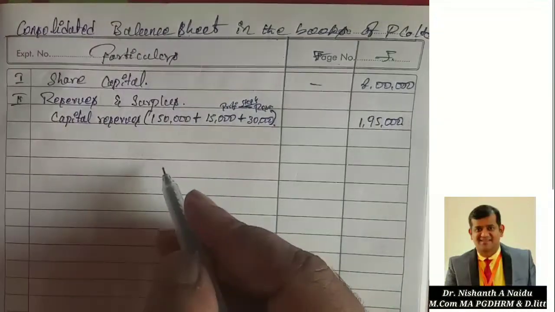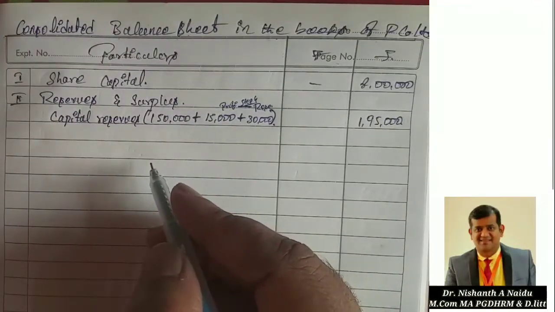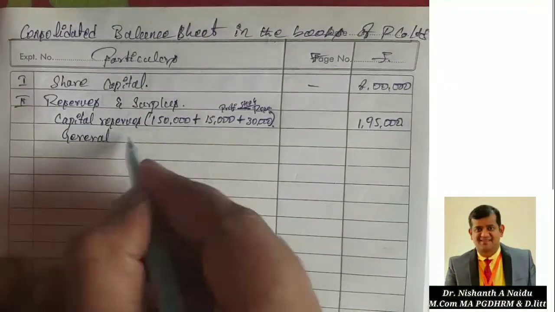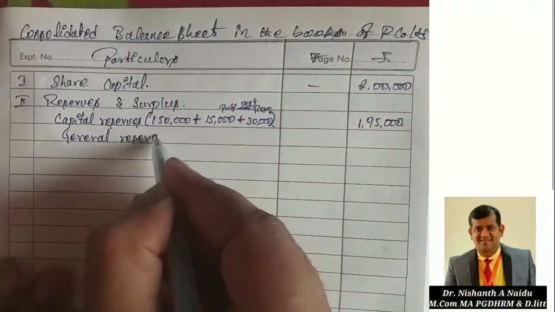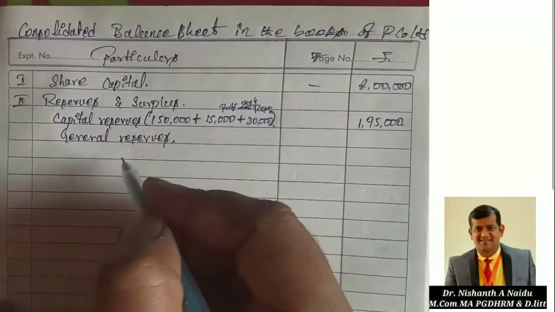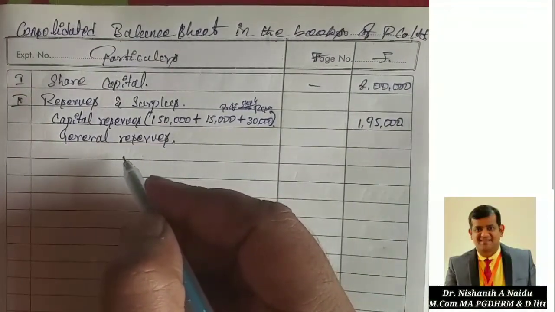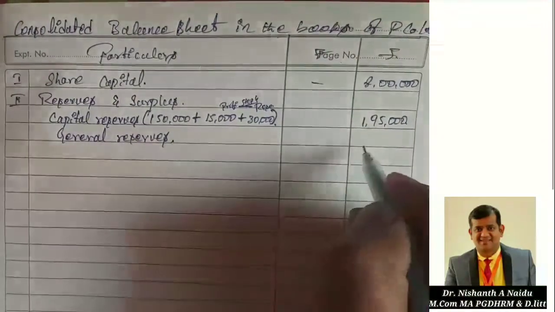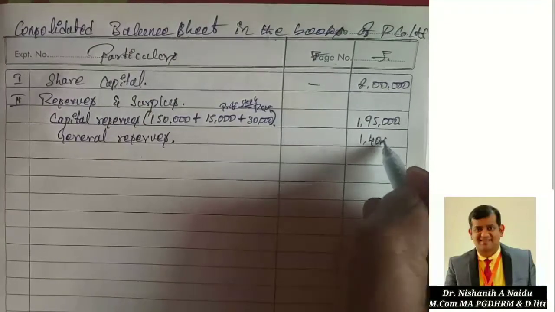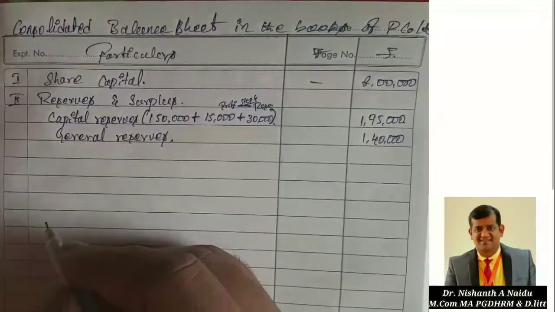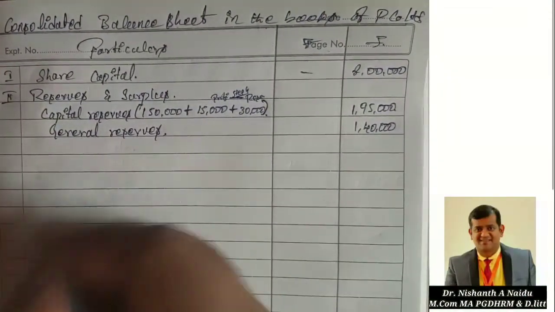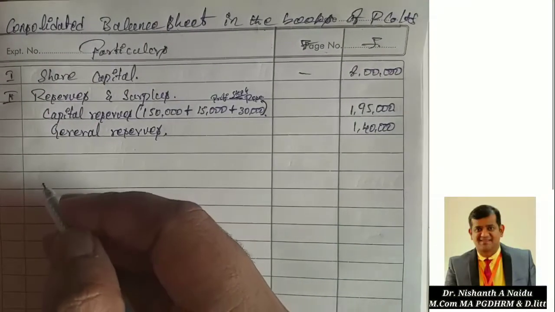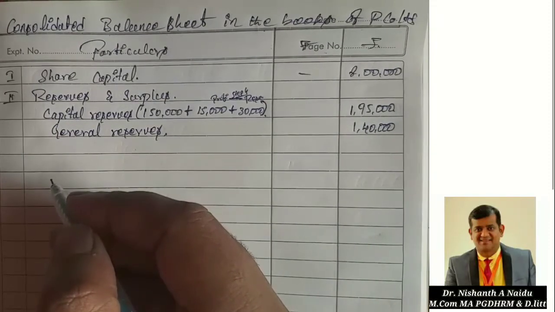Okay, so after that we have to go for general reserves now. So check out how much general reserves they have given. General reserves they have given 1,40,000 rupees, that is P Company Limited. So I am taking directly 1,40,000 rupees. P Company Limited general reserve. The other we have distributed. Clear? So after that we have to take